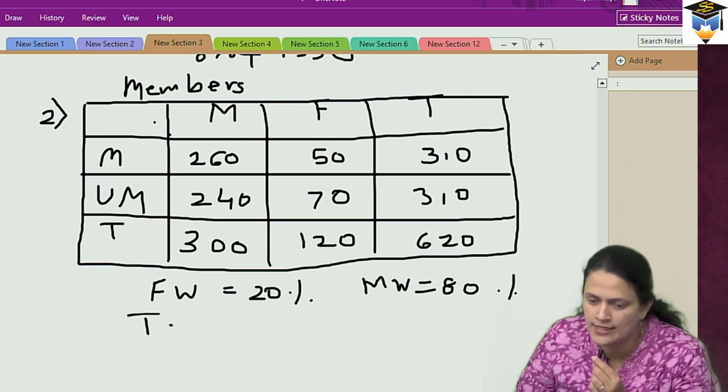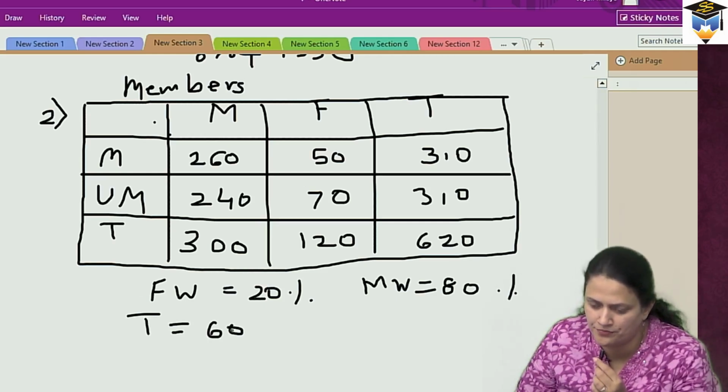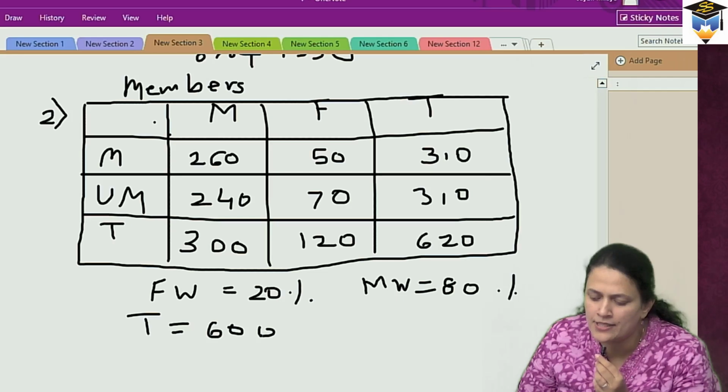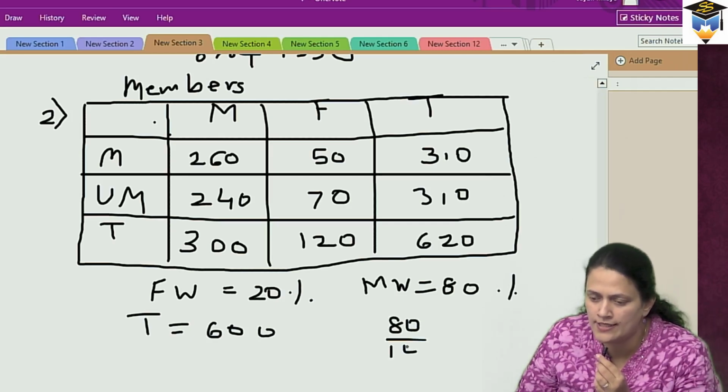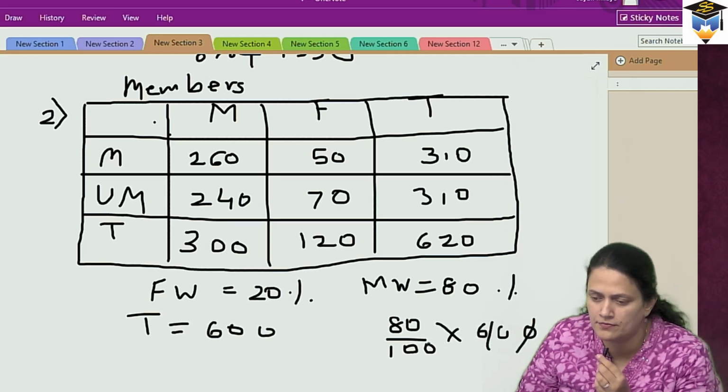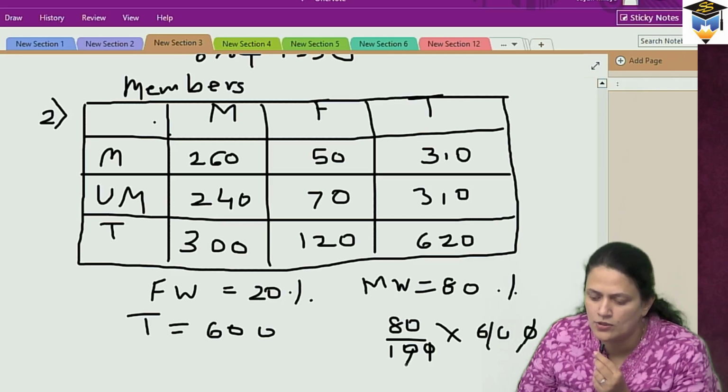Total is given to us as 600. 80% of the total are male members, means 80 upon 100 into 600. So this comes out to be